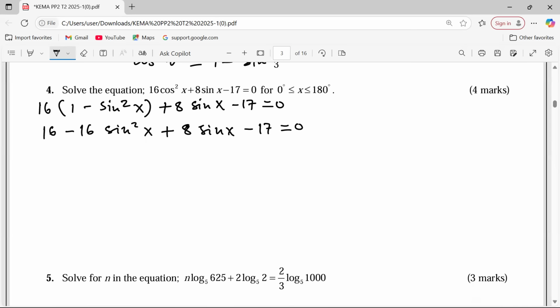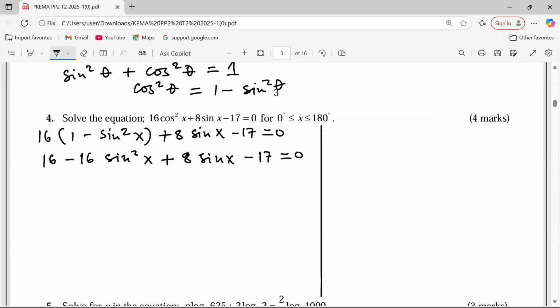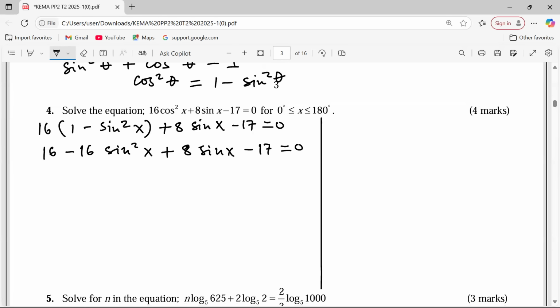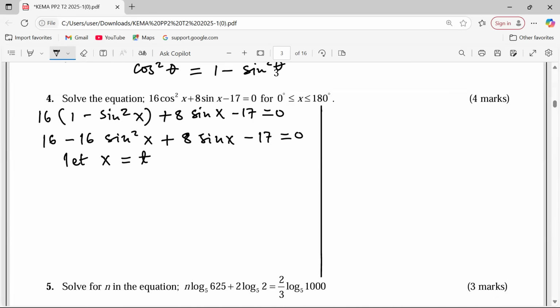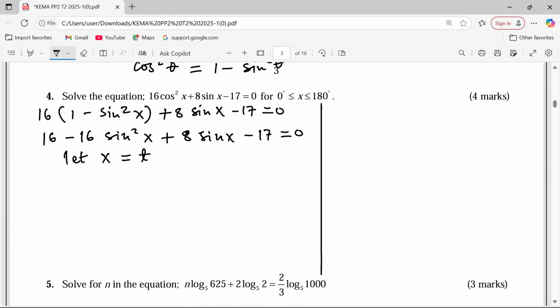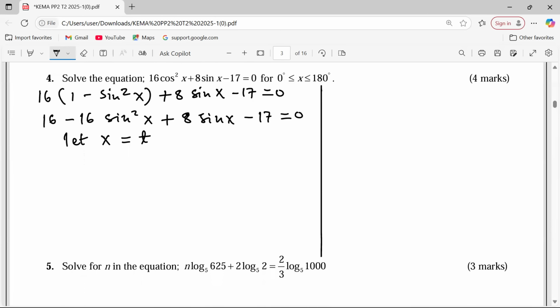At this point now, we can let sine of x be another unknown. Let it be something like T or Y. Any letter of the alphabet can be used in such algebra. So 16, and we will be combining terms, so 16 minus 16t squared plus 8t minus 17, this is equivalent to